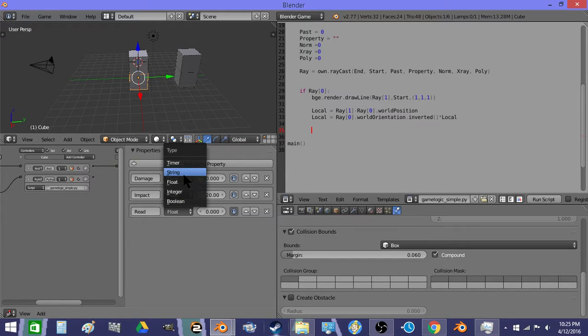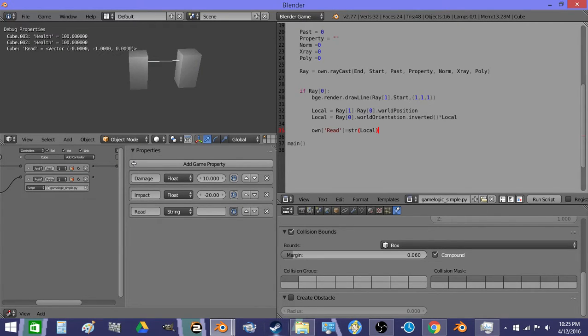And then we're going to make a readout so we can see what's happening. And set it to a string. Own read equals str local. So there we go. There's the localized hit point according to where you're hitting the target. So say you want to shoot something in the head, or the chest, or the arm. These vectors give you an idea of where you're hitting,